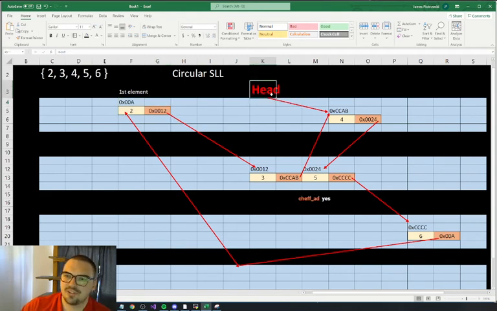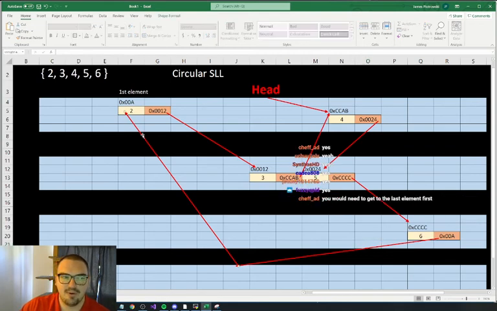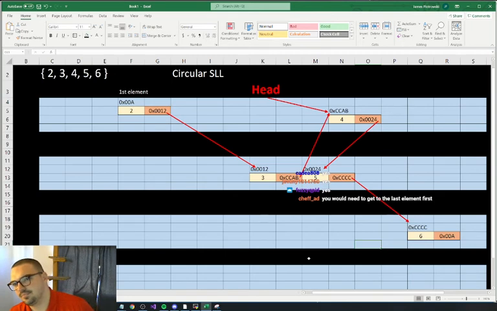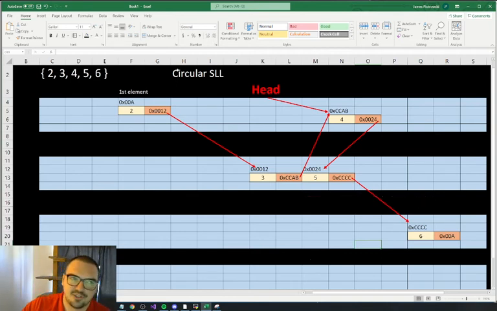And when I traverse, I'll be starting from the head. Absolutely, right? I follow this arrow to here, to here, to here, to here, and bam, I'm at the first element, right? Now, what if I take this away? Can I get there? Obviously, no. As soon as we make this non-circular,